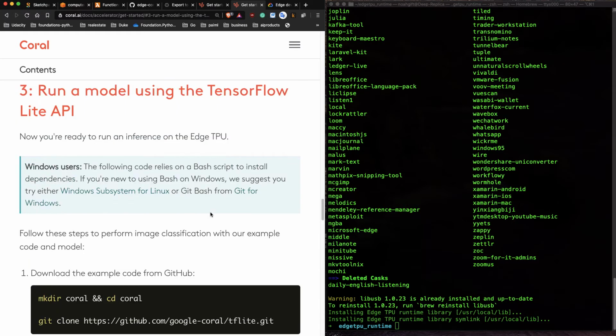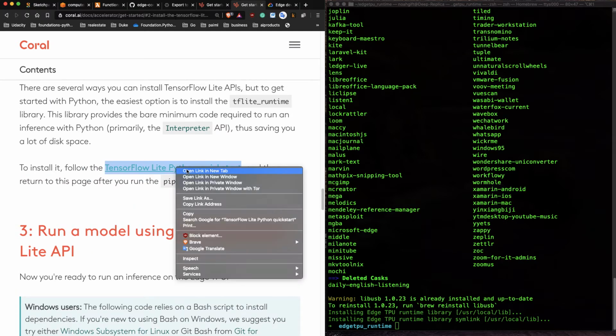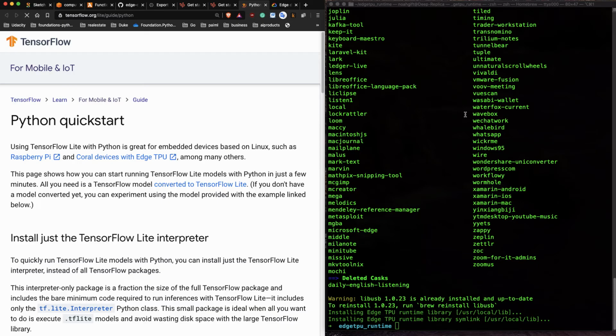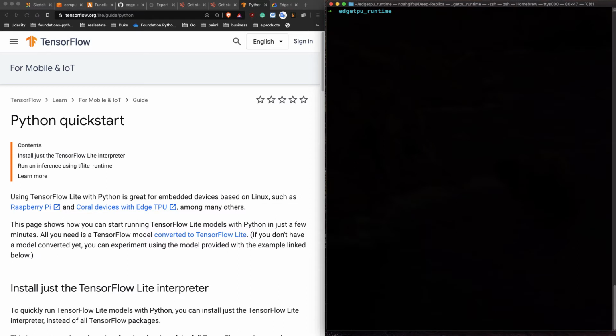Well, we would go to this TensorFlow Lite Python install guide here. And what I typically do when I'm installing something is I'll maybe put this into a temp directory for now, like this,